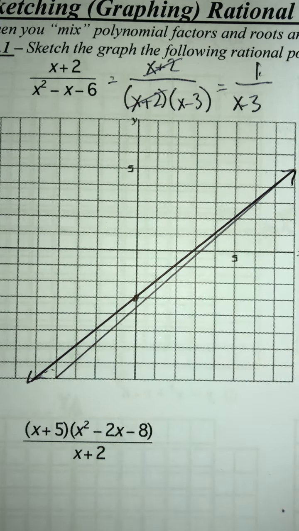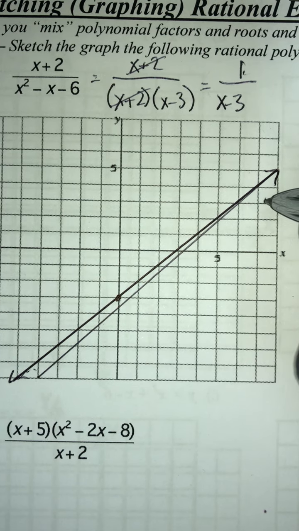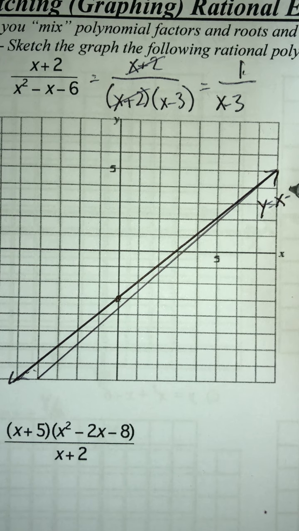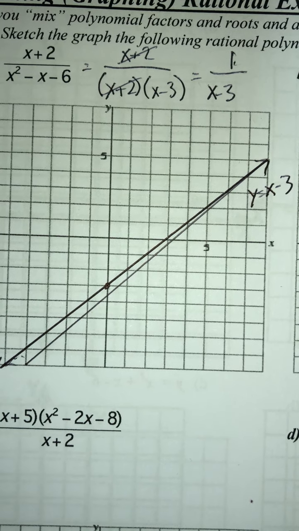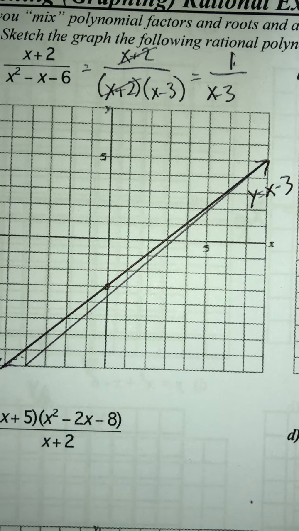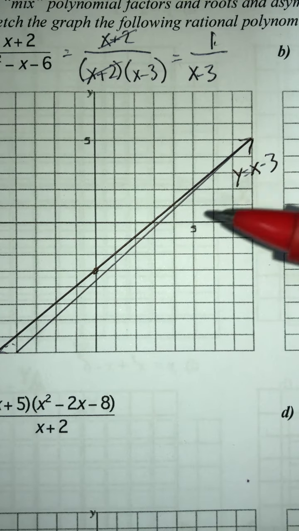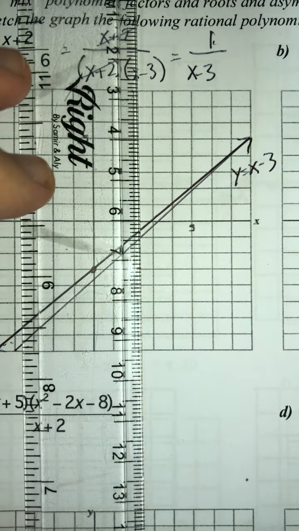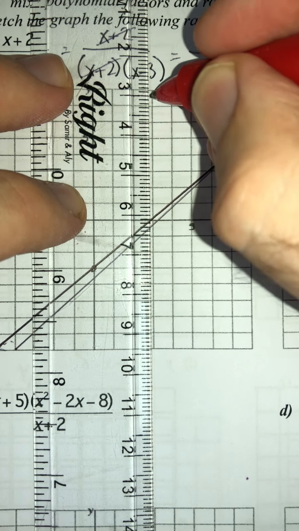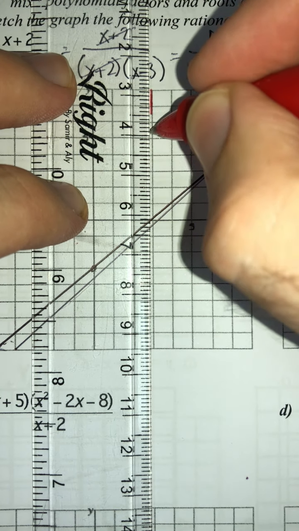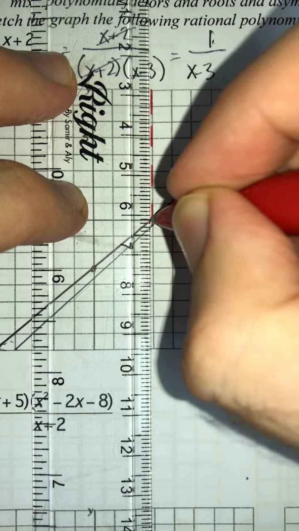So here's the original. This one is going to be my y equals x minus 3. This is the denominator. And I just did this so you can get a feel for what this should look like. From here, I'm going to put the asymptote. Remember, the asymptote is just where this line touches the x-axis. So here is my asymptote,